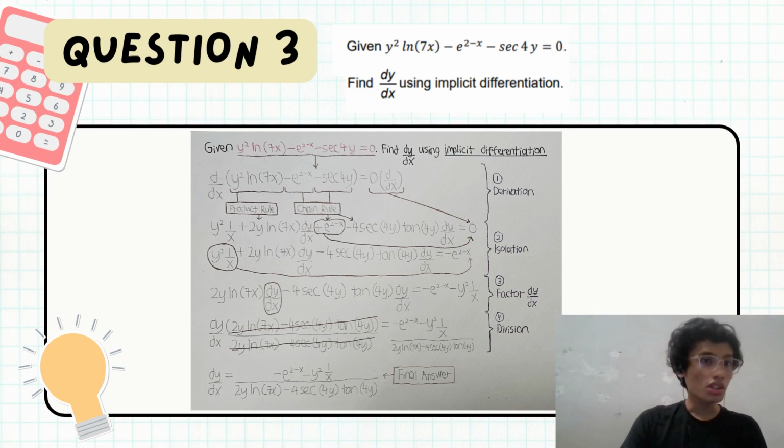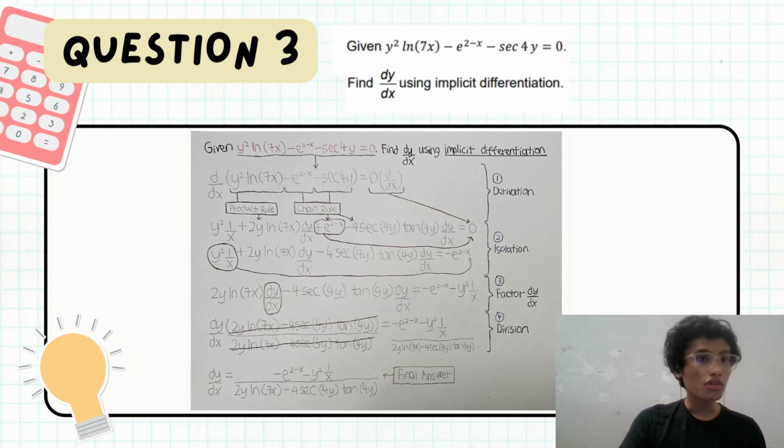So from here we need to factorize the left side of this new equation with the term dy/dx. So we do just that, and it will become dy/dx times (2y ln 7x minus 4 sec 4y tan 4y) equals negative e^(2-x) minus y^2 (1/x). So now with all this done, we can apply the division to cancel out the left